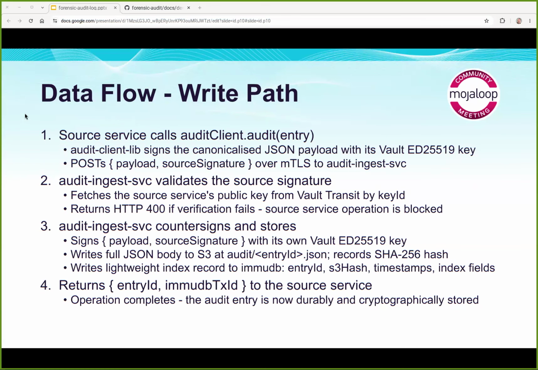So the write path, keeping my eye open for any raised hands at this point. So the write path, the source service makes a call on the audit client. Remember that client library, and it passes in an audit entry. The client library canonicalizes the JSON. I know Michael will be pleased to hear that. The JSON payload is canonicalized and it's signed with the source service's elliptic curve key, and it gets sent off over MTLS to the ingest service, which checks the source signature against the public key, and if everything is good,